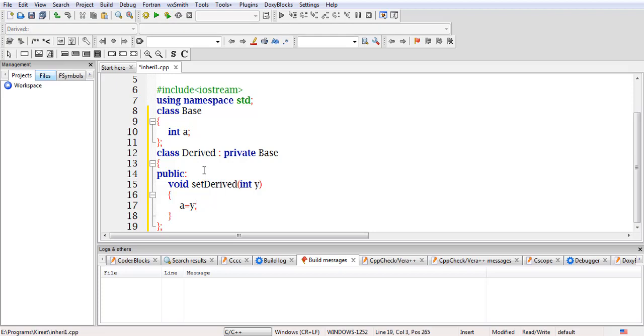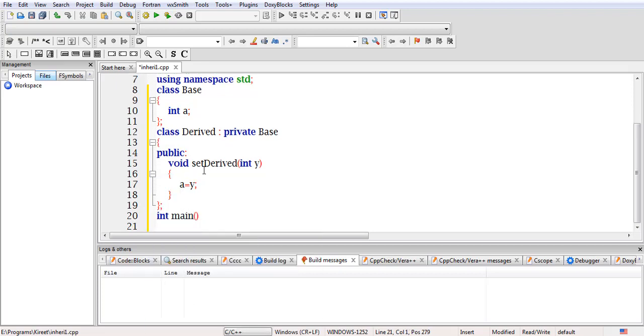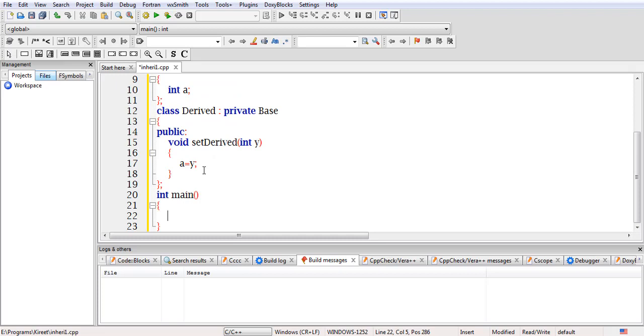Now I'll create main, and inside main I'll create the object of the derived class. Remember that when we are working with inheritance, we create the object of the derived class because it will contain the features of the base class also.